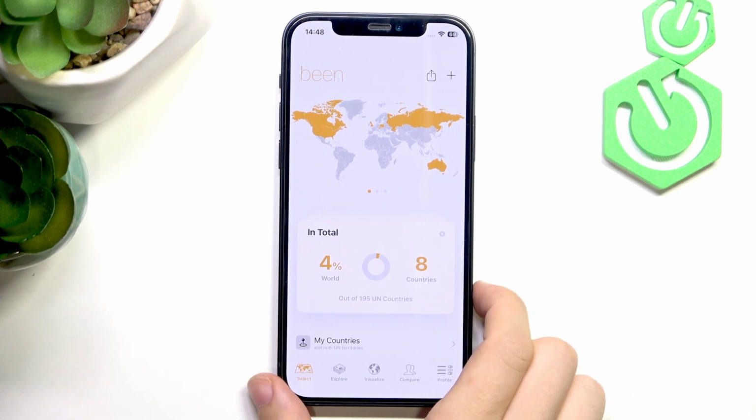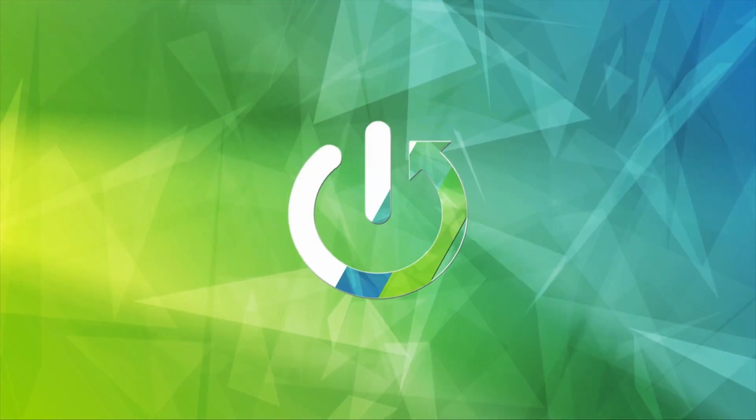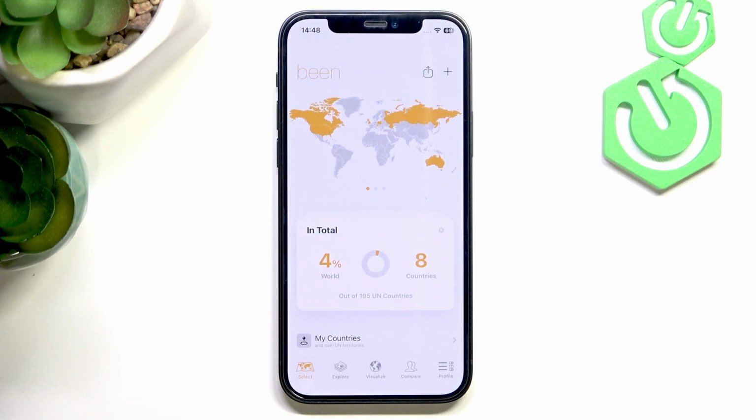Hello, in this video I'm gonna show you how to change which countries are counted toward the total amount of countries in the world in Bean app. You can increase the total amount of countries. You can see now currently it shows 195 UN countries, and you can actually change that to either UN countries